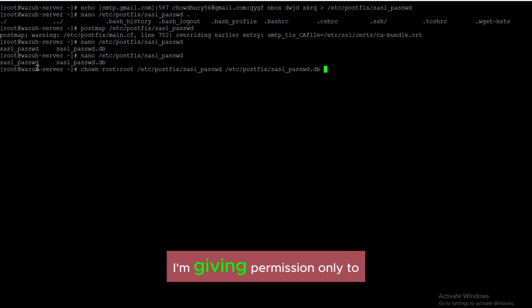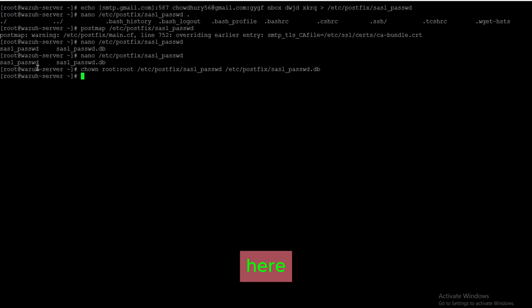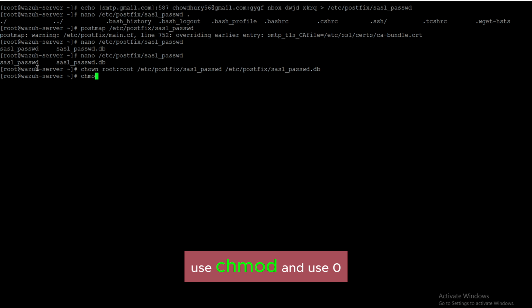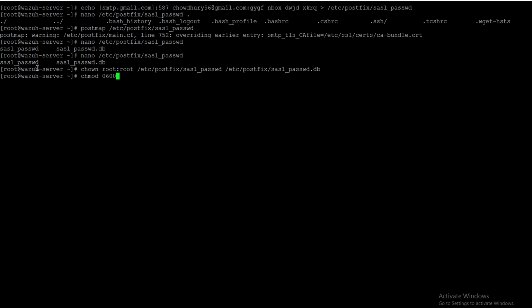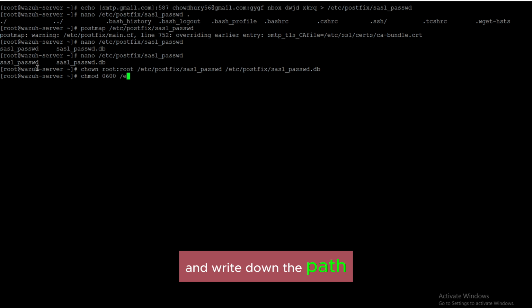These two files I'm giving permission only to root, they can read and write. Let's give the file permission here. Use chmod and use 0600 as the permission, and write down the path here,